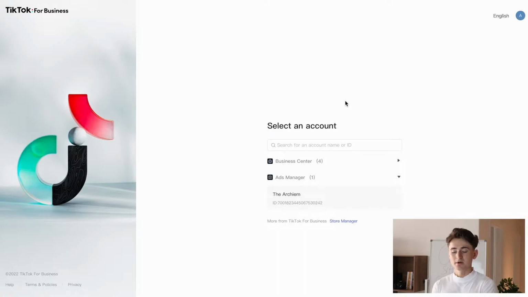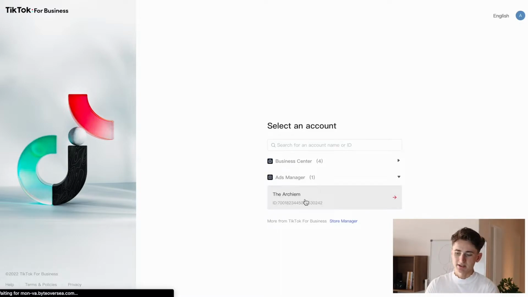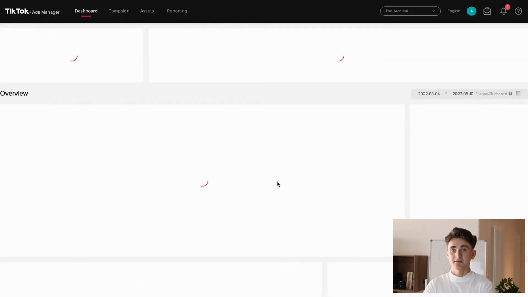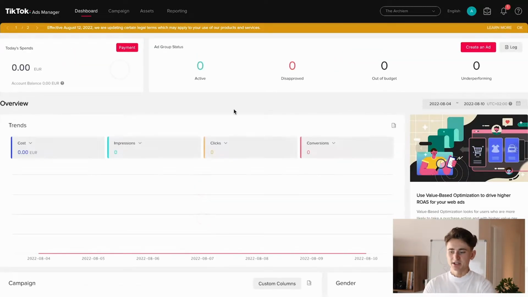I already have a business account, that's why they are gonna ask me just to choose it. But you'll just need to put your email, your name, your business information, and you'll get your business account ready for running ads. It is a pretty self-explanatory process. So I'm gonna click on my business account right here. I'll be sent to the ads manager because I already have the ad account, but I'm gonna explain real quickly